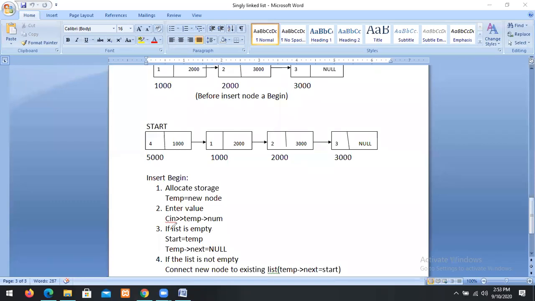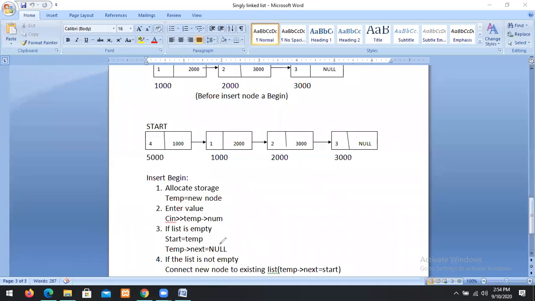So assign start equal to temp, and temp arrow next equal to null. If the list is empty, that means there is no existing list. In this case, the node itself is the first node, and there is no node after this node. That's why temp arrow next is null.